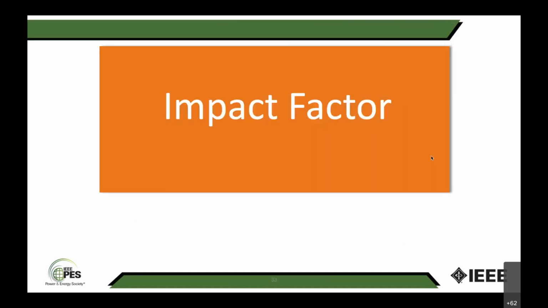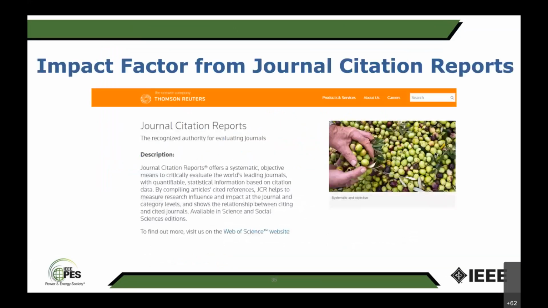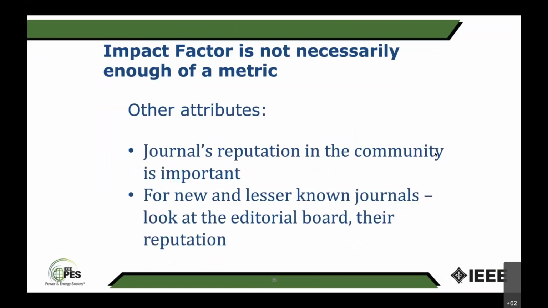Impact factor. This number is given by the Thomson Reuters publication house and is widely used, but sometimes you feel impact factor is not the only way I can judge a journal's reputation. One reason is it takes 4 years after launching for a journal to get the impact factor. So what do we do in those 4 years? If nobody publishes in the first 4 years, the journal doesn't exist.